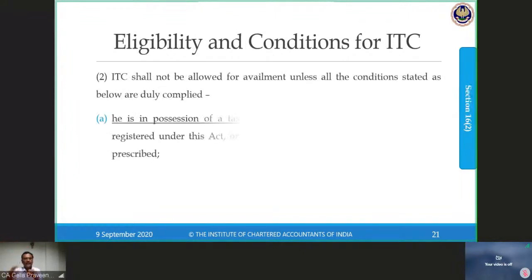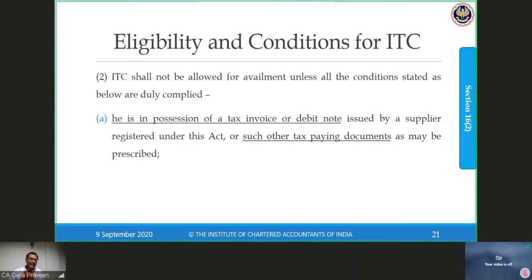Let me see. Section 16(2), sub-section (a) says he is in possession of a tax invoice or a debit note issued by a supplier registered under the Act, or such other tax paying document as may be prescribed. Now here they say, look, you can take input tax credit when you are in possession of a tax invoice or a debit note or such other tax paying document. What is the tax paying